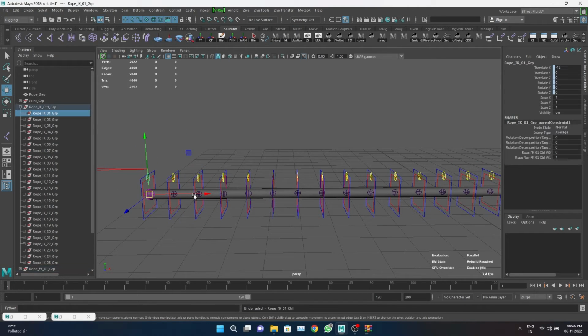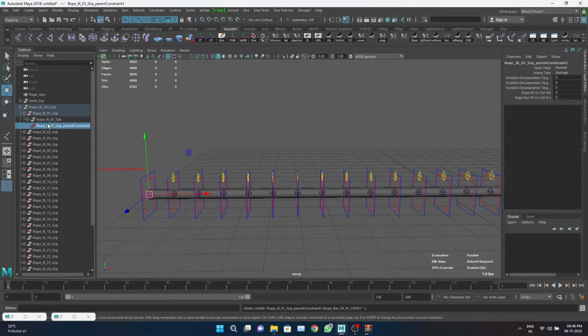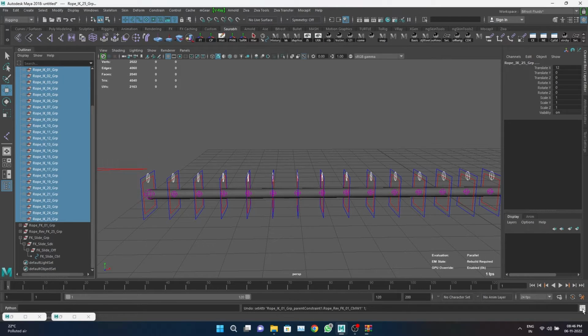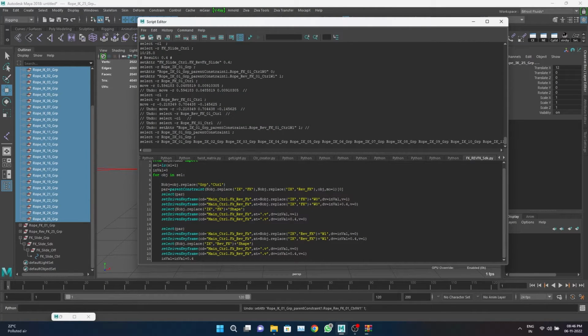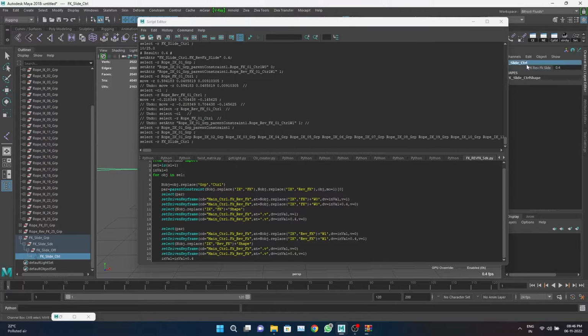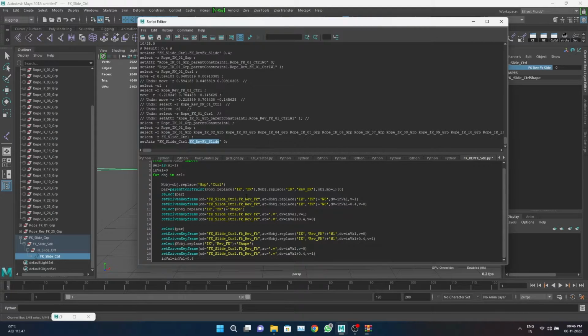So at 0, only the main FK control will be working, till it gets to 0.4. Then our first FK control will switch off and the first reverse FK control will switch on. As the slider goes another 0.4, that is 0.8, the second FK control will switch off and the second reverse FK control will switch on,